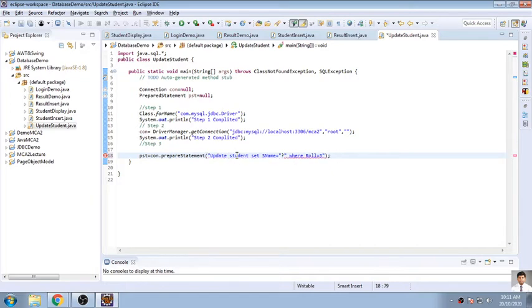Update student set, and what else is there? The question mark that has been given has to be specified below, right? We will do that later. So here we have to give it in double quotes. There is no need for giving a single quote. So here you have to use the specification like this.